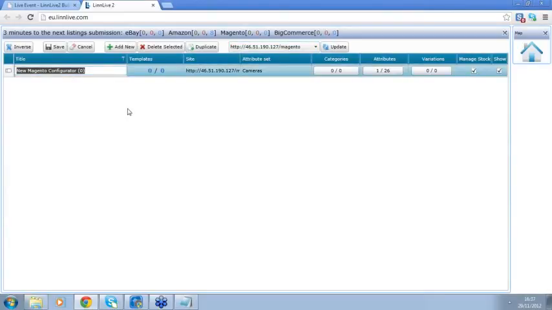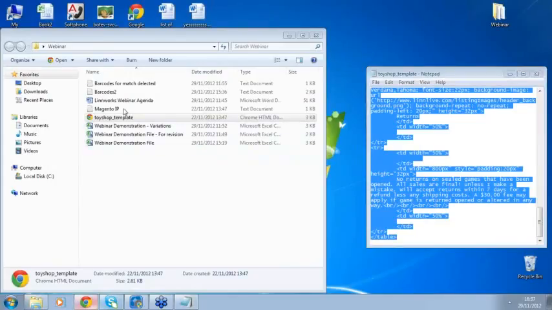Before you can actually list items on Magento, you have to predefine the attribute set, the categories and attributes for the attribute set on your Magento backend, and then you have to make sure that you have integrated your Magento with LinnLive. We will not cover that during the webinar, but if we go back to our website